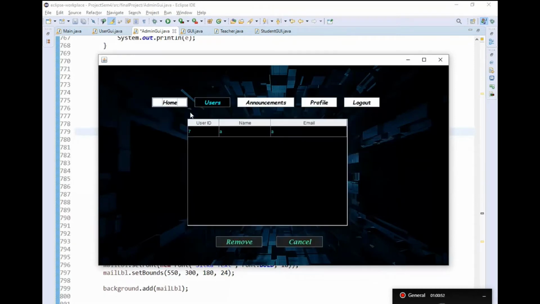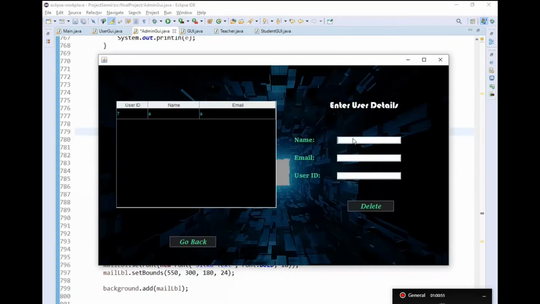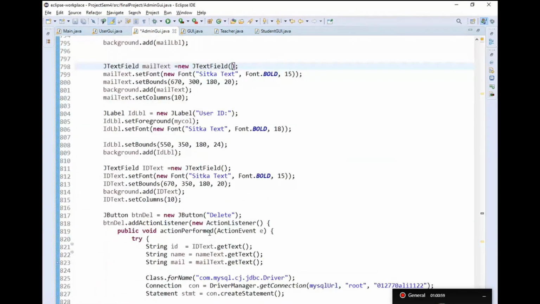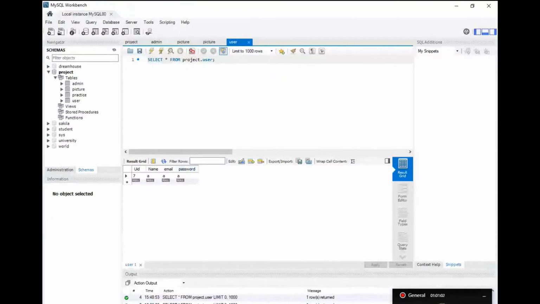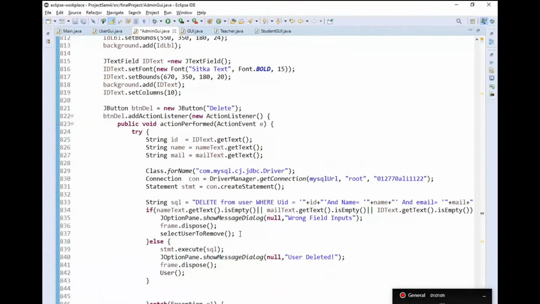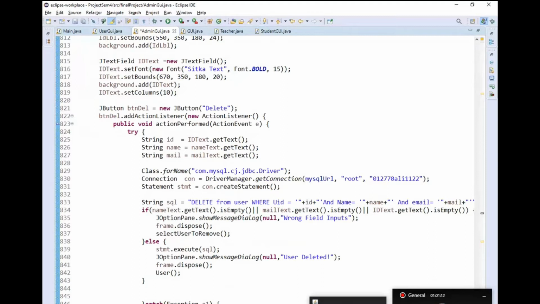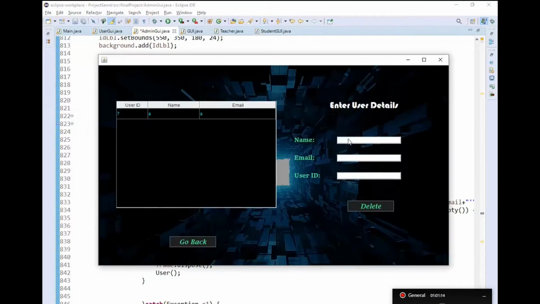If we click and go back, the user frame will be open. Now if the admin deletes a user, it will also be deleted from the database. For this, as we enter values and click on delete,